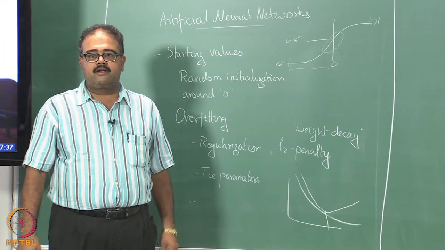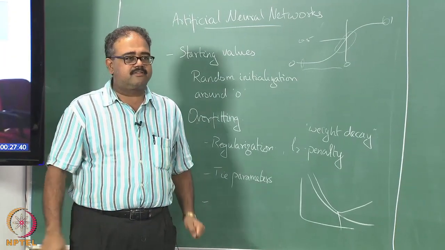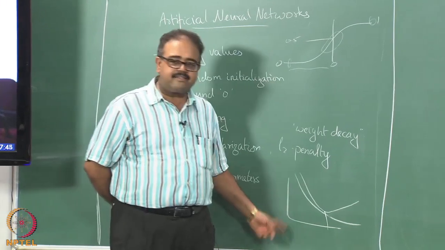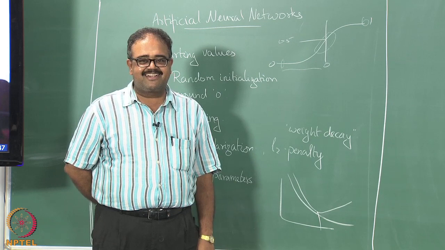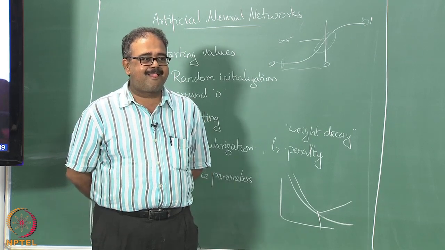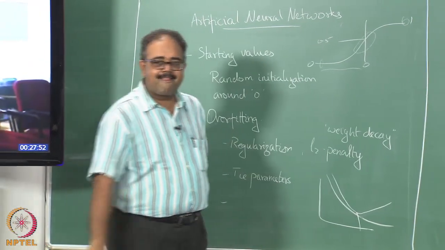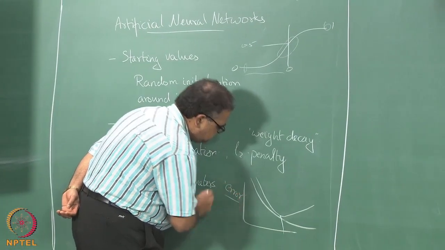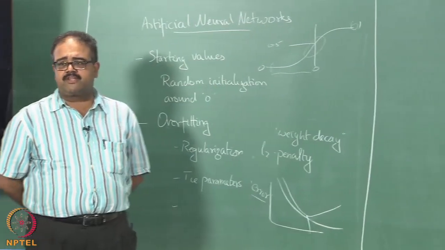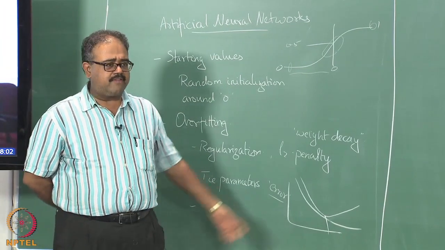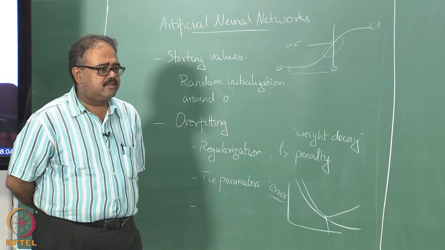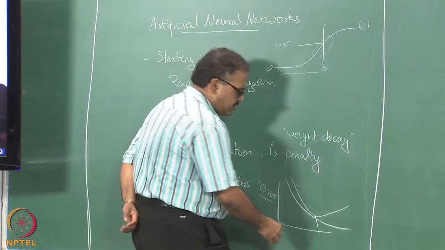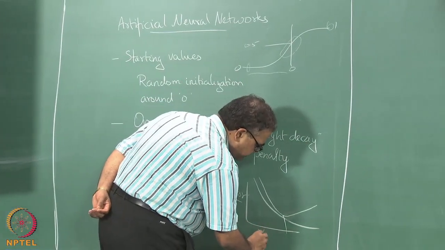So the point here is where your right solution is, okay. So I am putting it in quotes, right solution, okay. So what is the x axis and what is the y axis on this figure? Whatever is your measure of error, it could be misclassification error or whatever, right. So if it is classification, you ideally want misclassification error, if it is regression it is a prediction error, whatever, and the x axis is usually iterations,